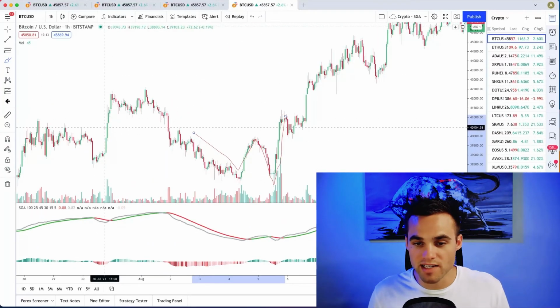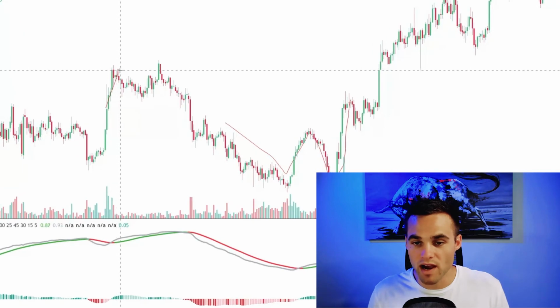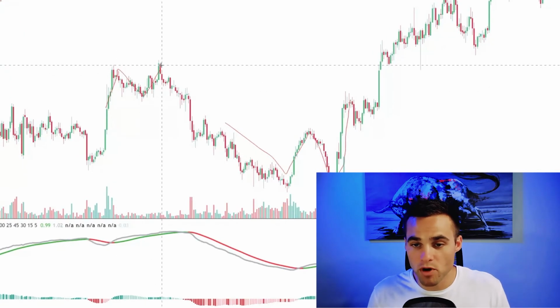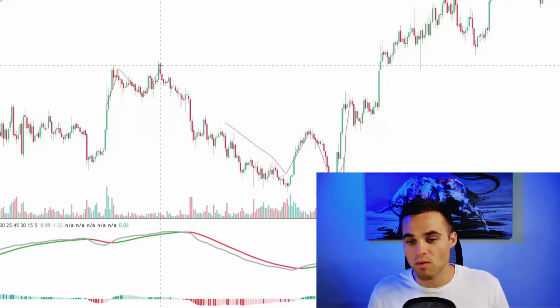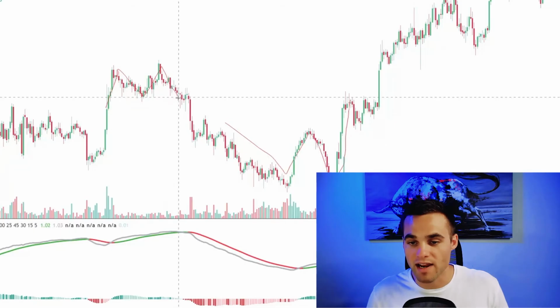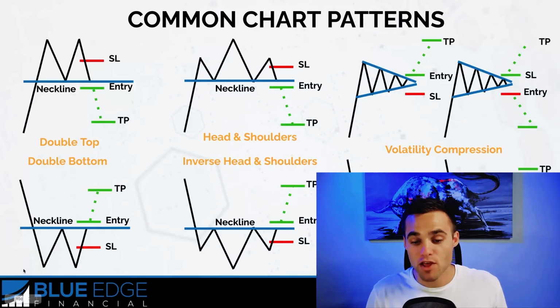Now here you can also see an example of a double top, right? So you see price came up here. It didn't want to go any higher. It came back down to what we call this neckline right here. Price tried to go up again, and it did not want to go that far. And then price rejected, meaning that price doesn't want to go that high, and it starts falling down. Now there's also what's called a triple top and a triple bottom, which is basically the same thing, except price rejects this top area 3 times in a triple top, and price rejects the bottom 3 times in a triple bottom.